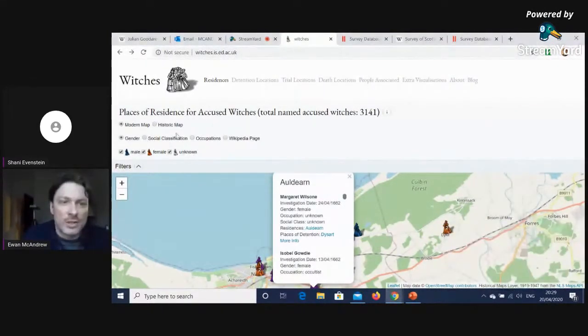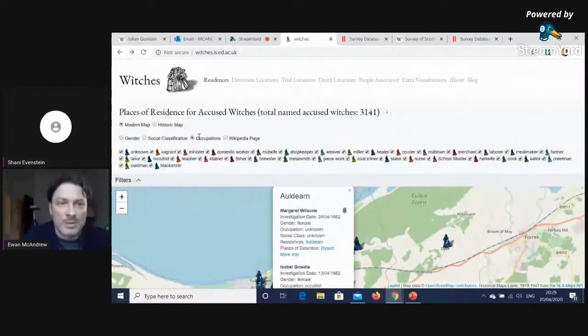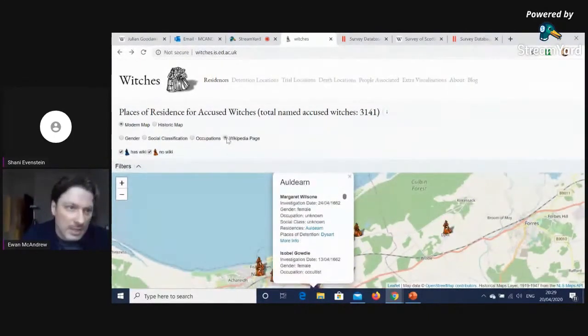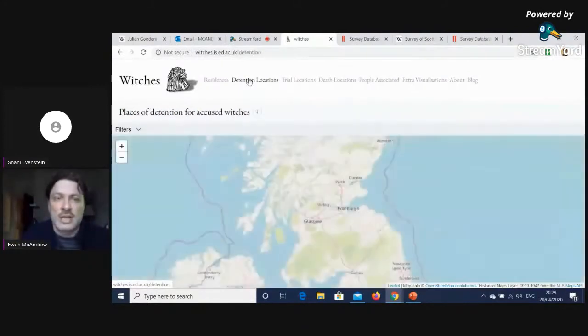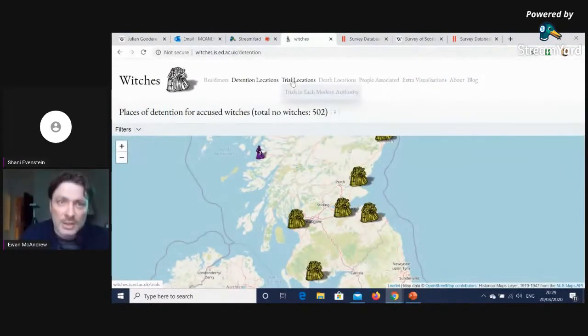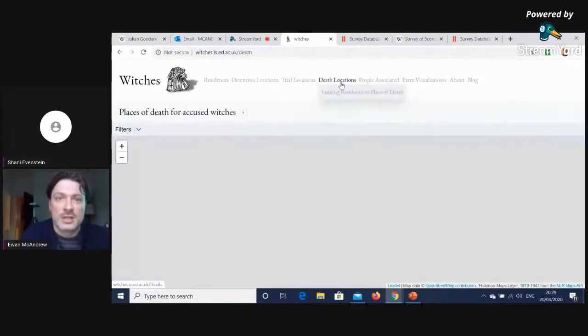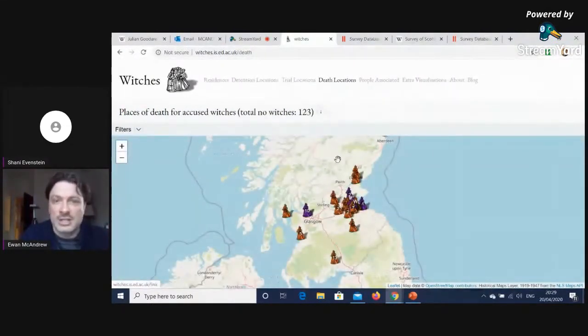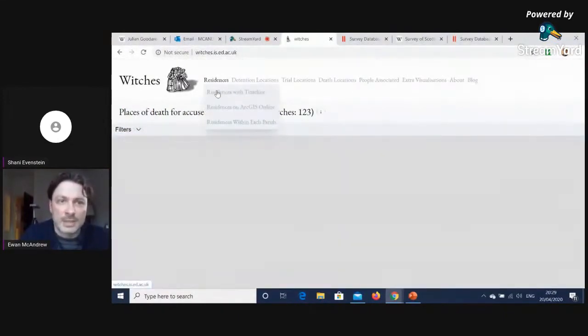And then you've got occupations and whether they've got a Wikipedia page. And we've added all sorts in just a 12-week period. Detention locations where they were detained in prisons, trial locations, death locations. We even added a timeline as well,